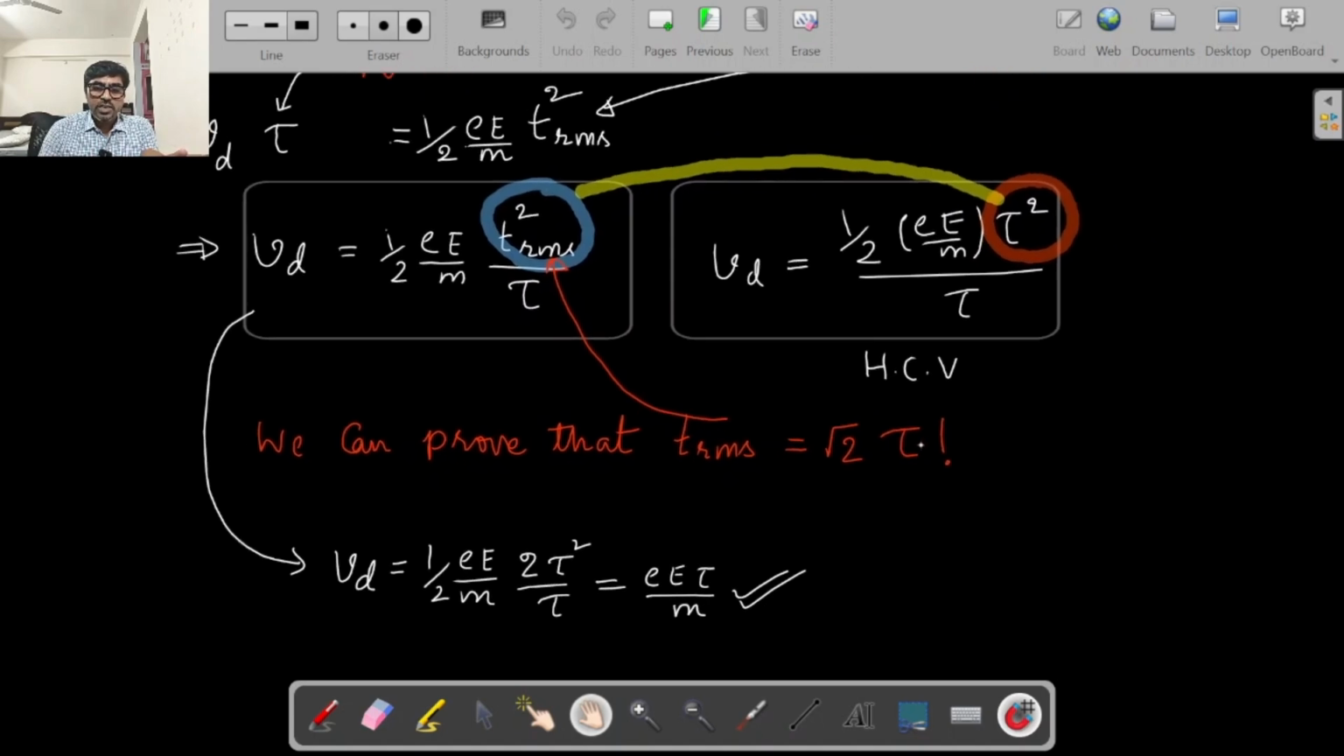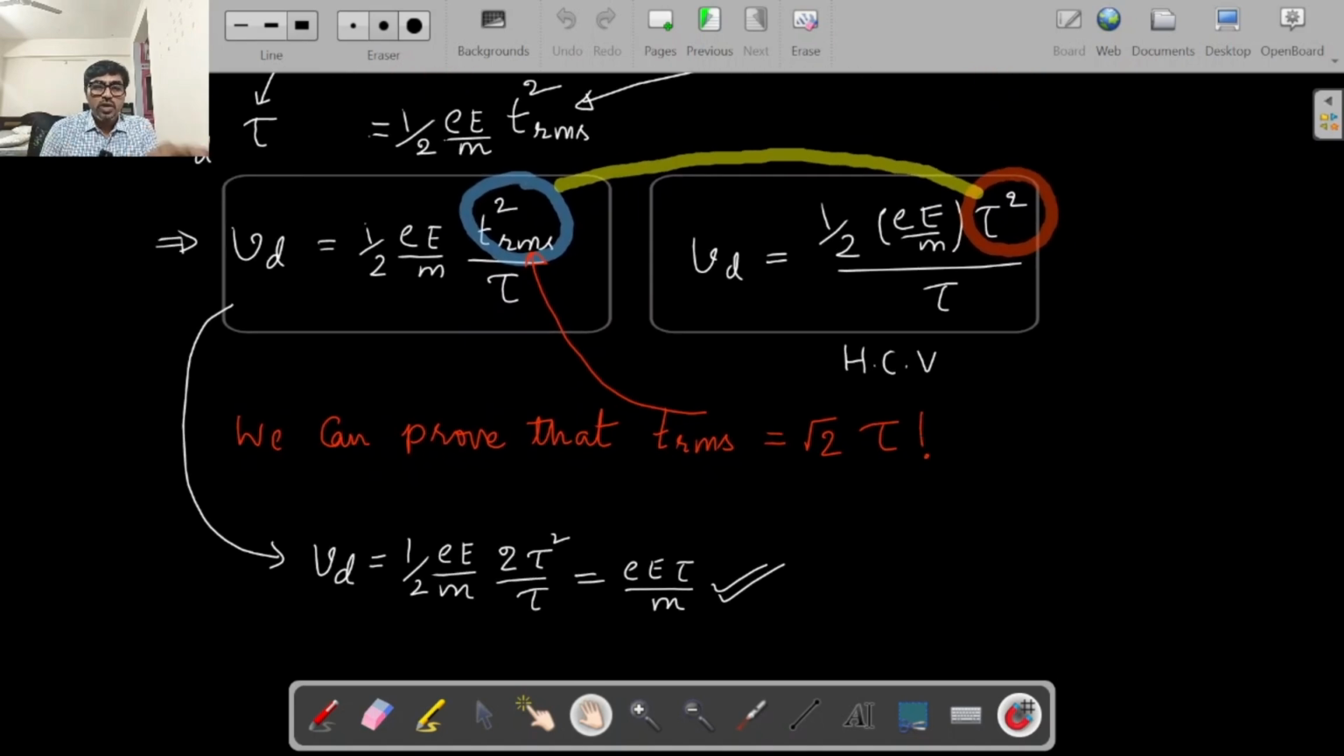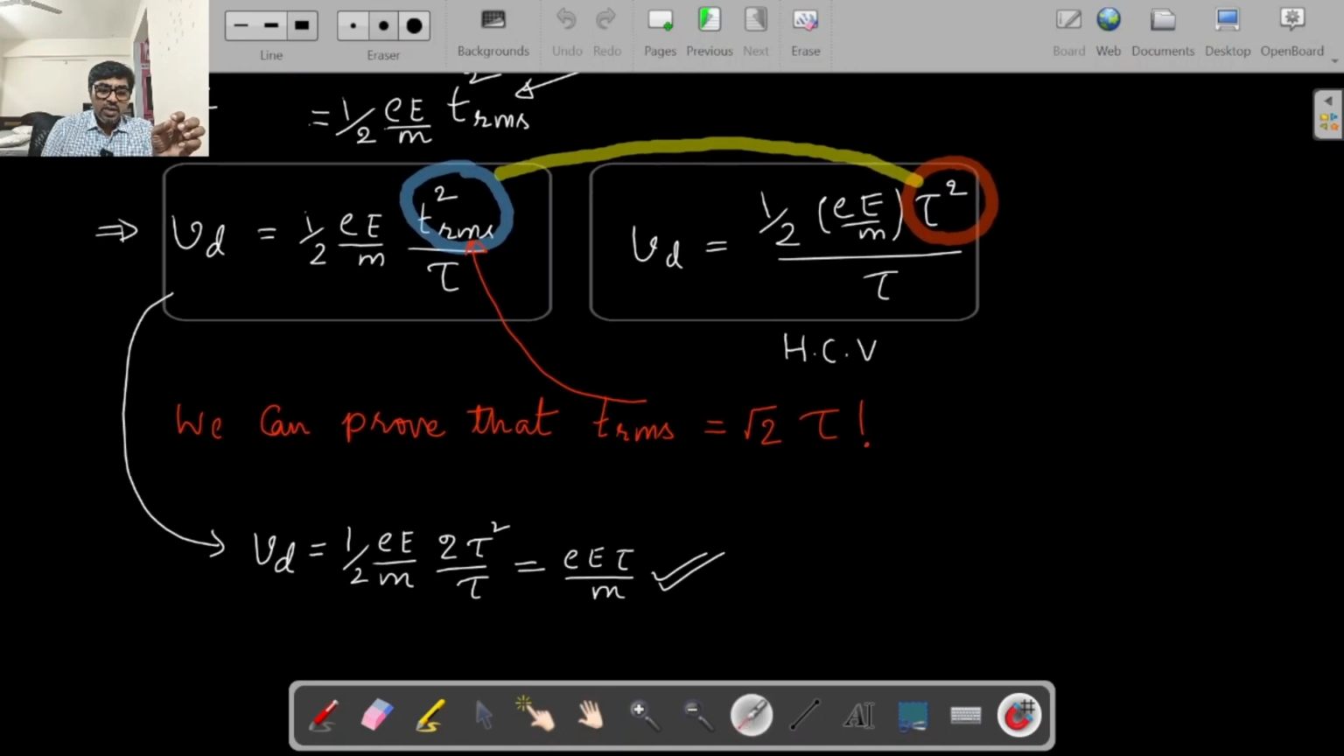I have personally checked it 3-4 times. You will get that T RMS equals root 2 times the mean value. The derivation I will do separately because otherwise the entire idea will be diluted. Now if I substitute that, very interestingly, in my formula and simplify it, what do you get here? Finally you will get the answer E tau by m,